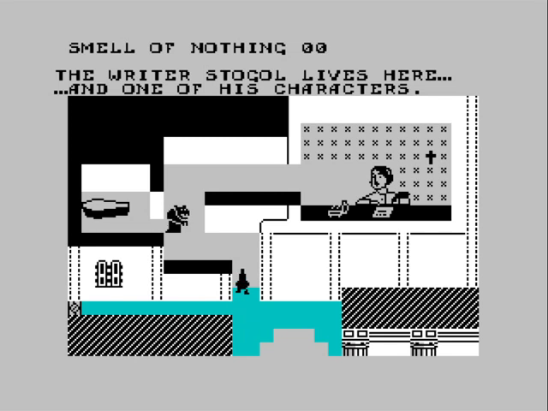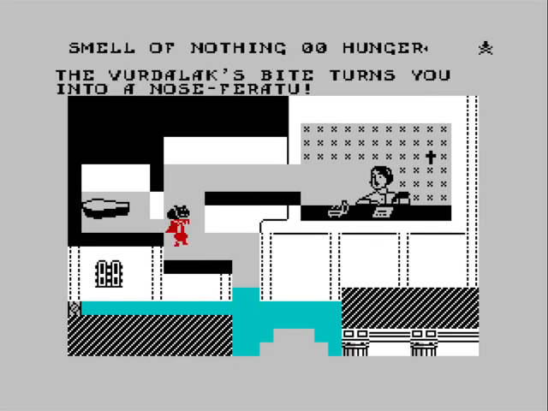And actually, Fuse does have save states. If you go to the file menu and click on Save Snapshot, it will ask you to type in a file name. You can type in any file name, and then it will actually save your current state as a save state. So I've just done that because if I touch this guy here, the Vordalux bite turns you into a